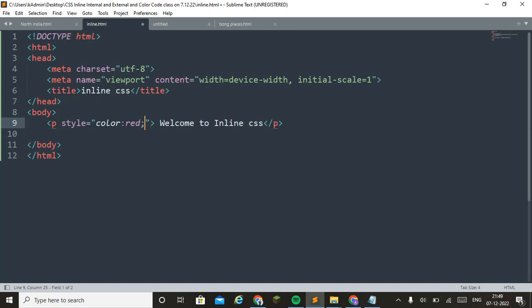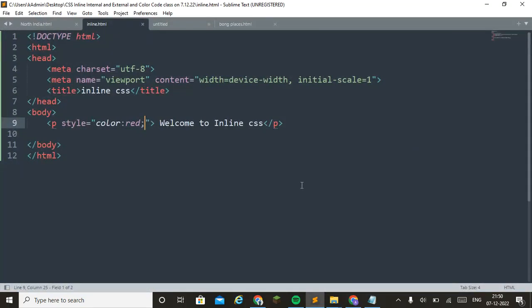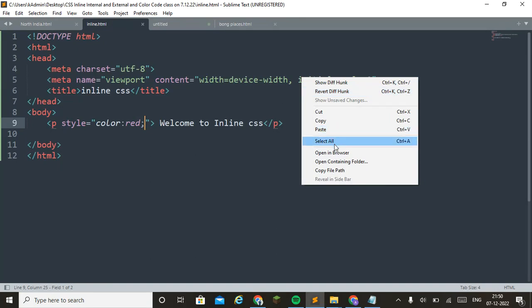Okay, if we want to apply this effect on that particular paragraph, now how to open? Just open in browser. See, this is in red color.